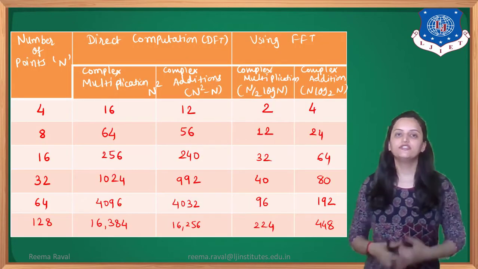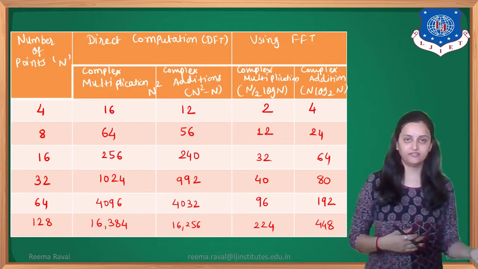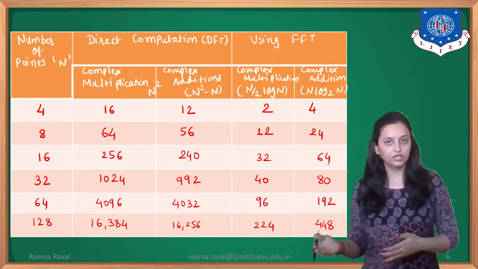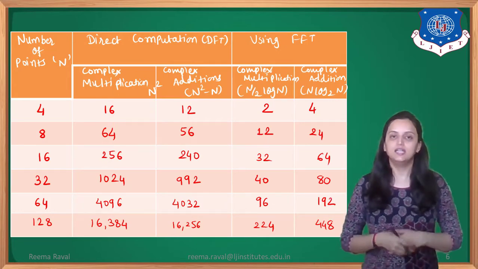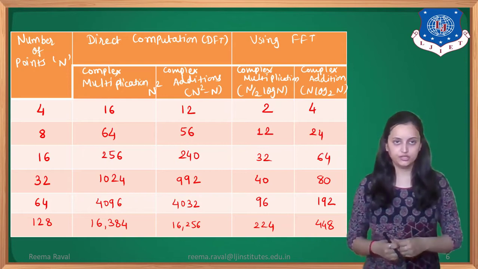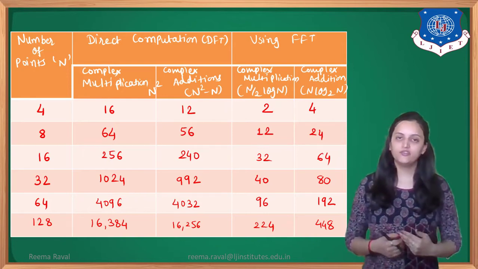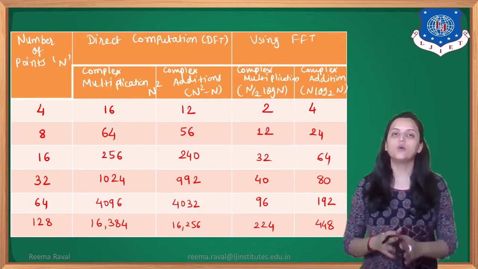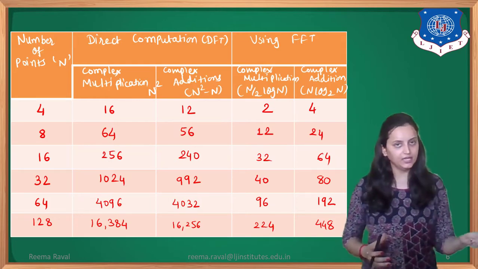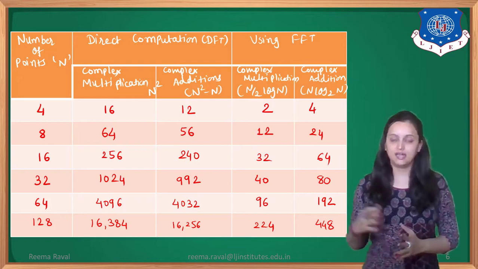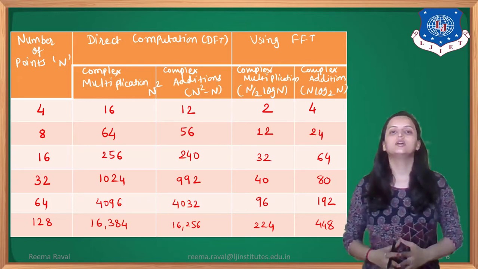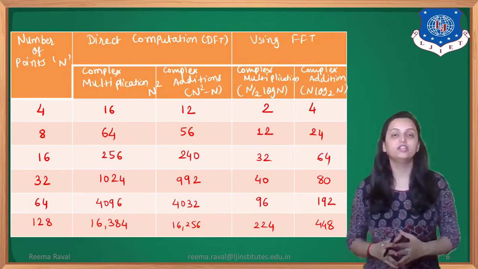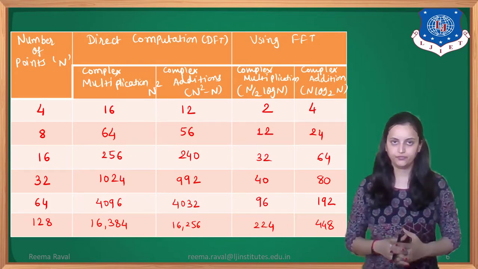Now, if we compare the DIT FFT, or as you can say FFT algorithms, and DFT algorithms, that is called direct computation, then for the number of points given to us, we are going to vary it, and we will see the complexity of using FFT as well as the complexity of using DFT, just to observe which one is better, DFT or FFT, for a large number of points.